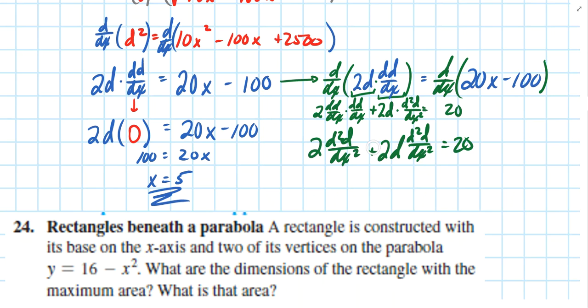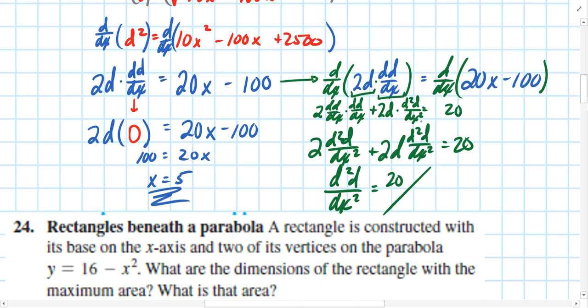And since the second derivative notation, d squared d over dx squared, is a common factor, I'm going to factor that out to be left with 2 plus 2d, and I'm going to divide that to the right-hand side just to isolate this all in one step since I'm running out of room. And now I've got 20 over